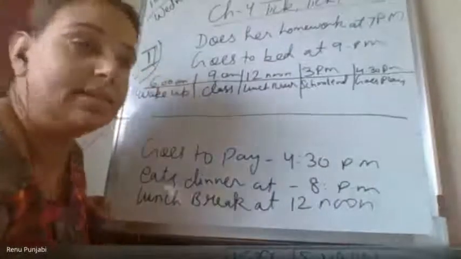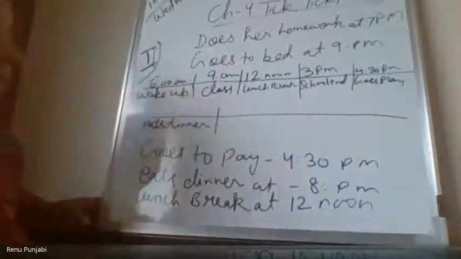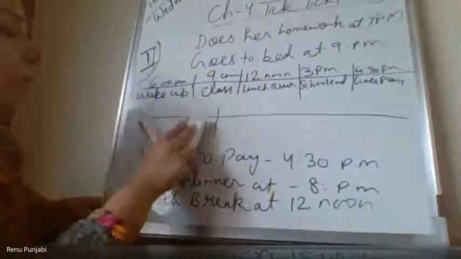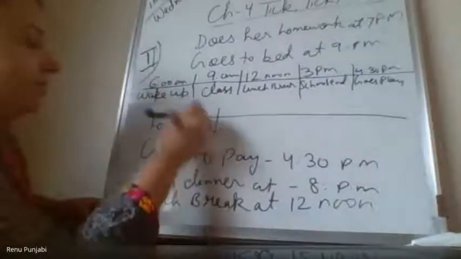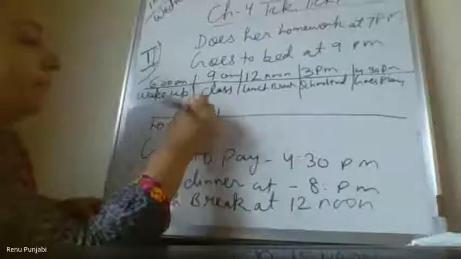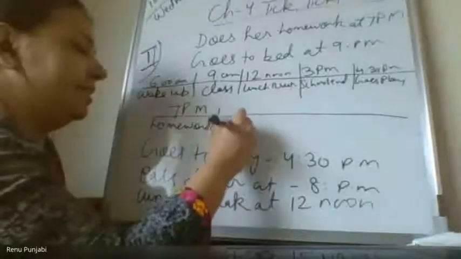Now after, see, Ayush, my number line is not good, switch off your mic. Eats dinner. Yes. So I'm making the timeline, one more timeline down. I don't have a big space. Riddhi, once you have answers, switch off your mic. She eats dinner at what time? Or she does some homework also. Yes, homework. At what time? 7 p.m. Then she takes dinner.